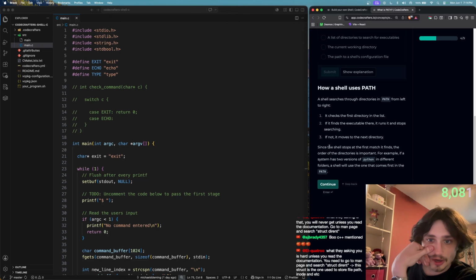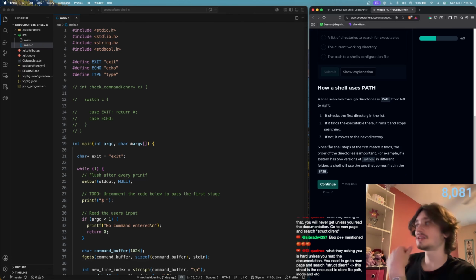What they're asking you is hard unless you read the documentation. You need to go to the man page and search for struct dirent. This struct is the one used to store a file path, inode, and etc. Okay, so